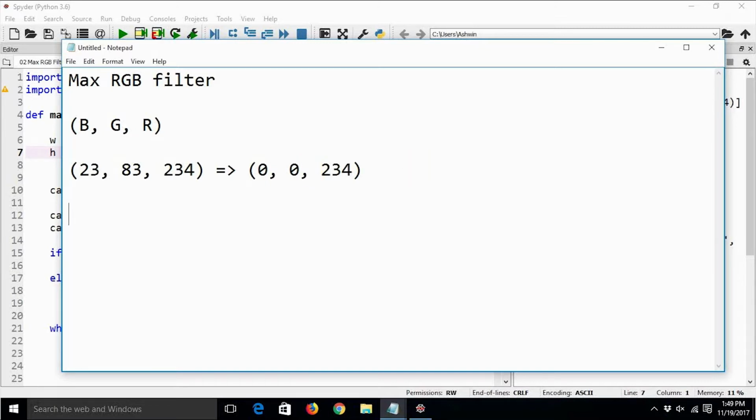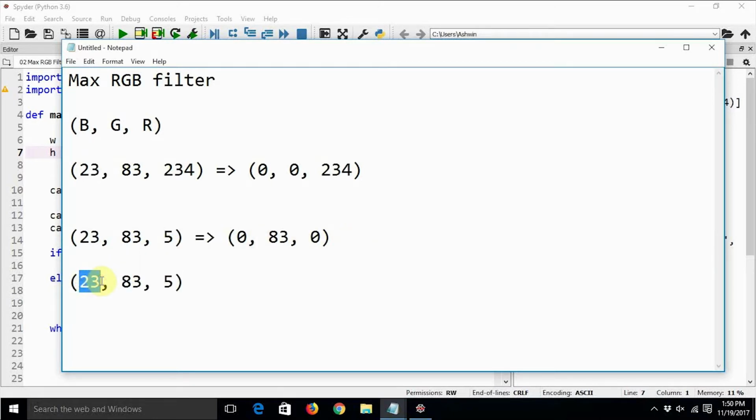In the same way, let's take examples for the other channels. Say it is 83 and it is 5. In this case only the green channel is going to be there in the final image, so it will be 0, 83, 0. The same is true for the blue channel.